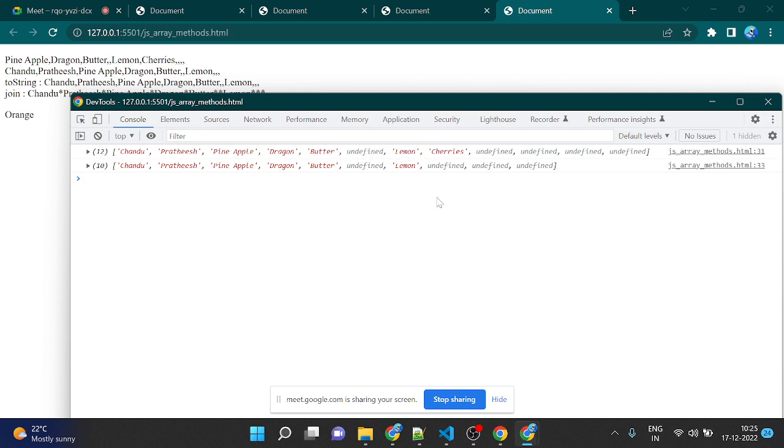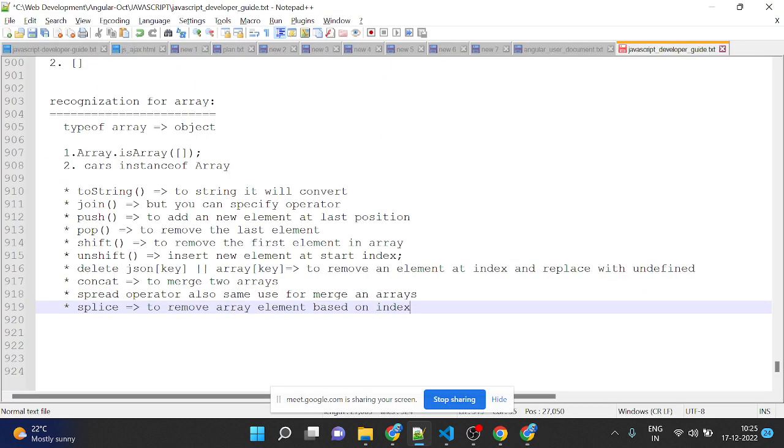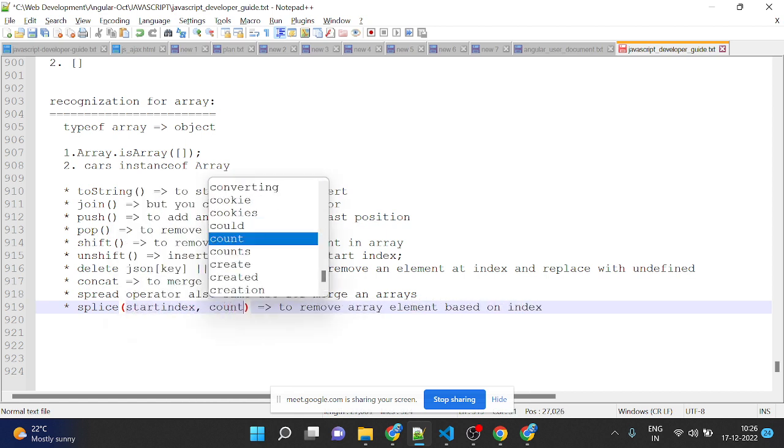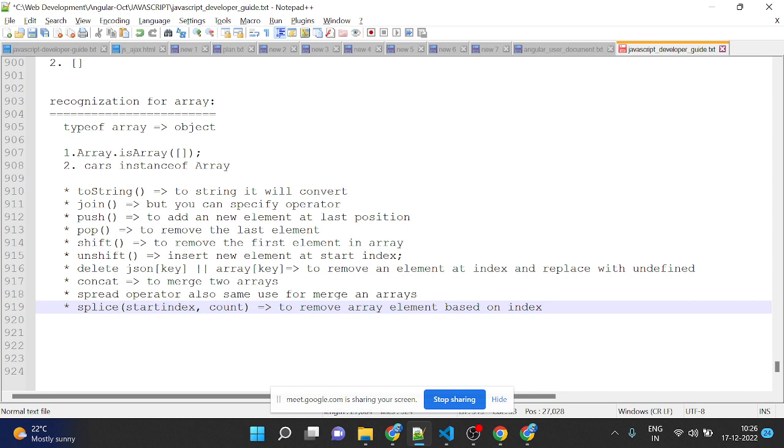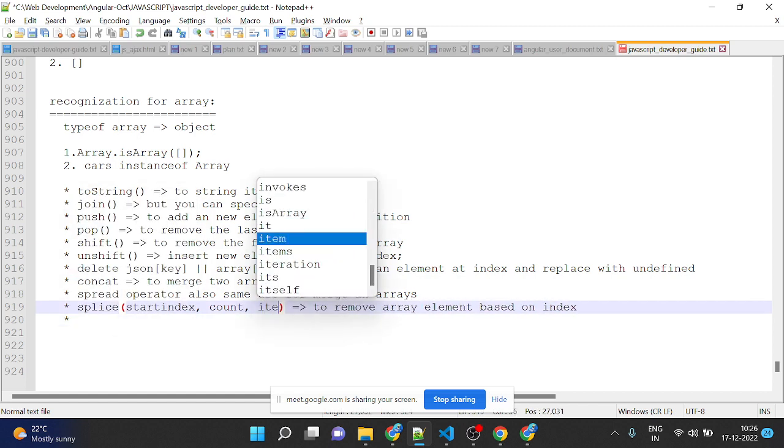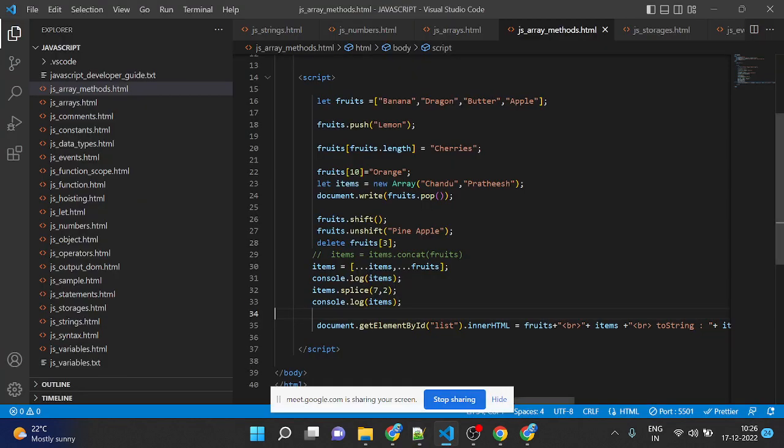It means from which index, and how many elements, should be removed. That is the parameter of the splice method: a start index, comma, the count of elements to remove. And one more thing, splice also provides replacing items. Suppose you want to replace items, we can pass them as well. Let me pass other things, comma here,